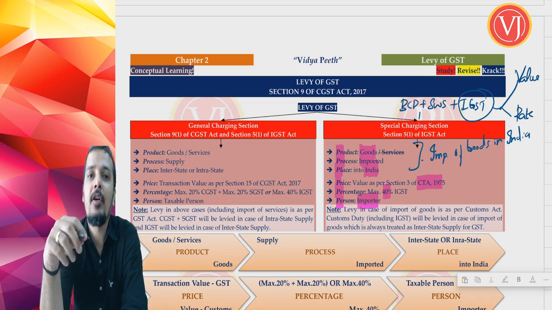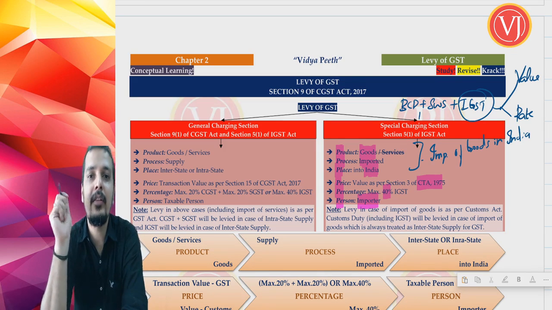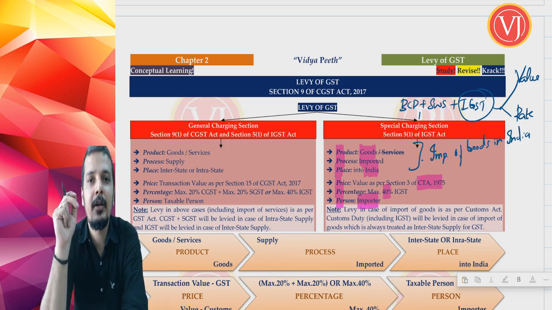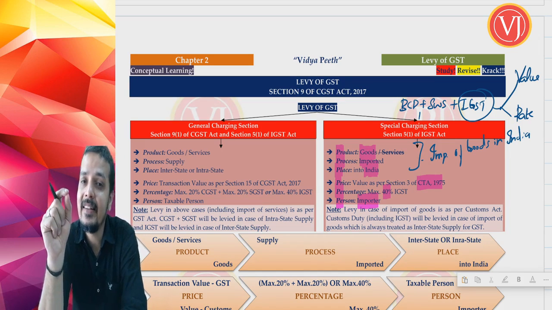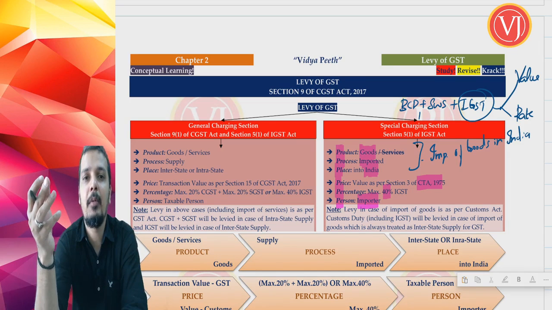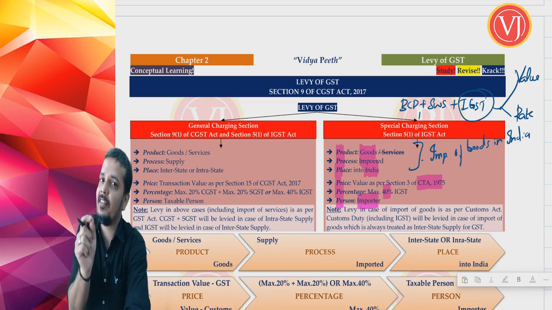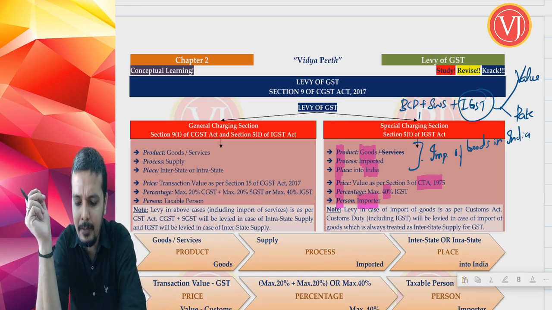If I am talking about selling of mobile phones within India, and the GST rate on that mobile phone is say 28%. When the same mobile phone is imported, point number 1, you will have customs duty: BCD, SWS and IGST. Point number 2, for IGST, valuation will be as per the Customs Tariff Act. Point number 3, for IGST the rate would be the same rate as when it is sold in India, which means it is 28%. If the rate on the mobile phone was say 5%, then if the same item is imported, you will pay customs duty which is BCD, SWS and IGST. And when you are calculating IGST, the IGST rate would be 5%.